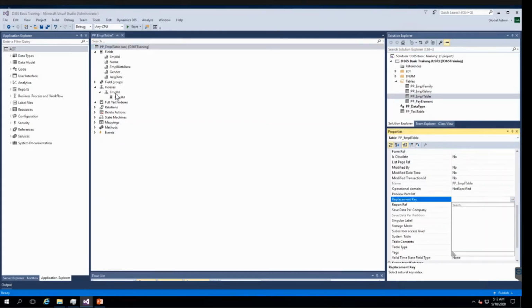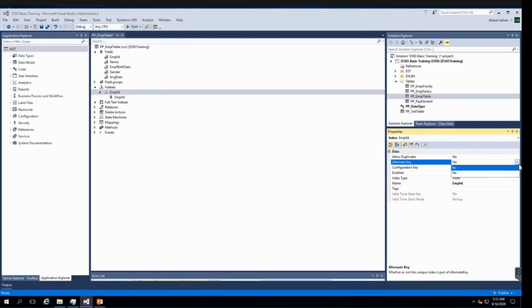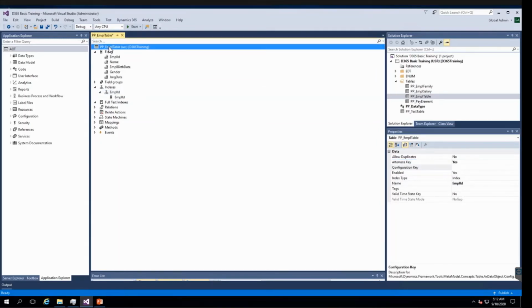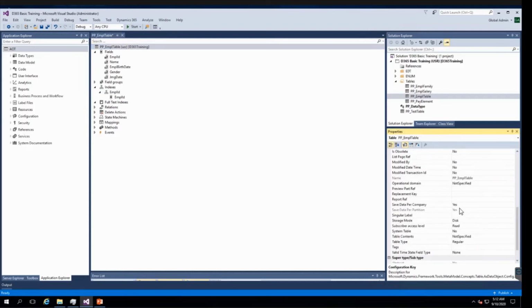Now if I go to the index and turn alternate key to yes, and then go to this table, where is the replacement key? I scroll down. Now see, we can select EMPL ID. Here employee ID, we have already created the primary index.